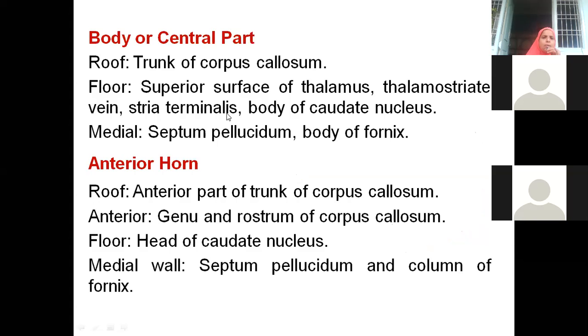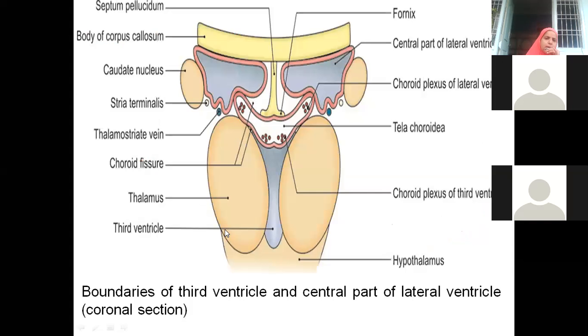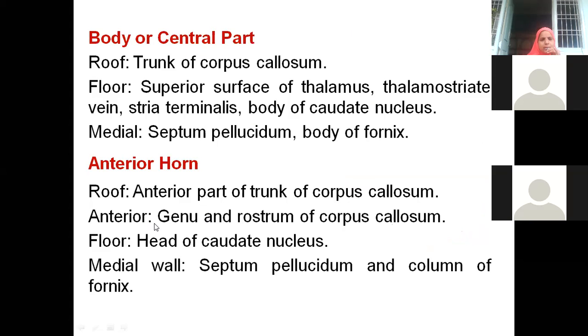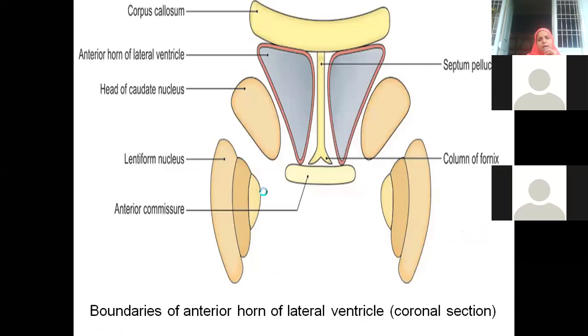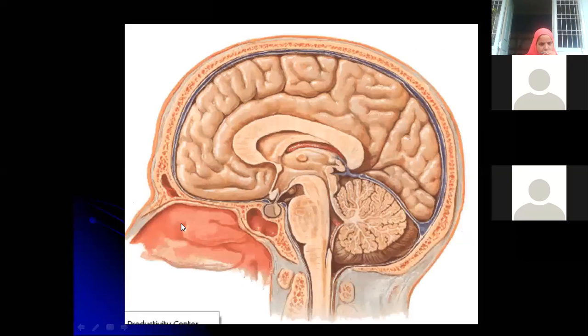Now see, it's difficult for us to remember like this. I will tell you, let us understand this picture better. This is the median sagittal section of the brain, isn't it? In this median sagittal section, we know this is our skull bone, the diploic area. And this bluish area is nothing but the 3 meningeal layers with the dural venous sinus.